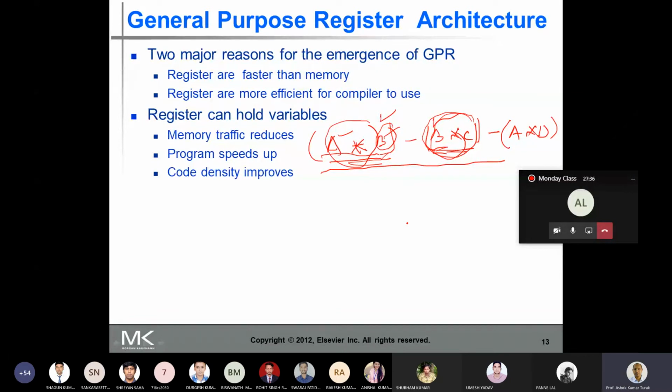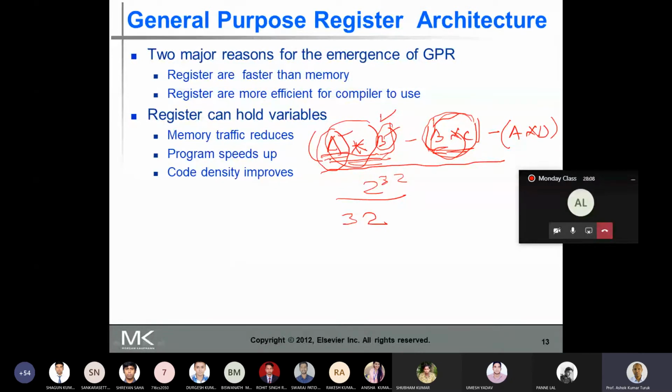Then the code density improves. Now, when you say the code density improves, you have written an instruction, and let's say that instruction needs the address of a memory location. Let's say you had a memory of 2 to the power 32 bits. If this is your memory size, then you need 32 bits in your instruction to specify one memory location.